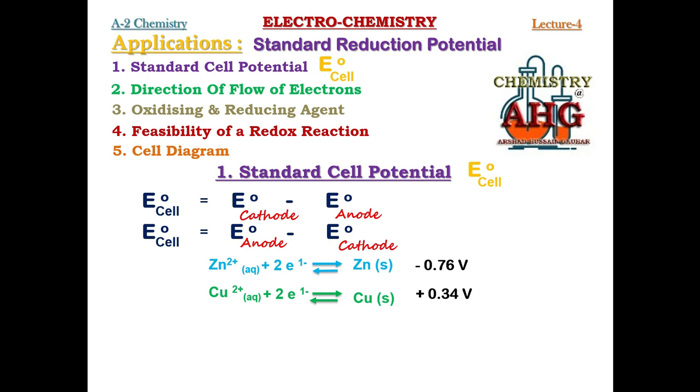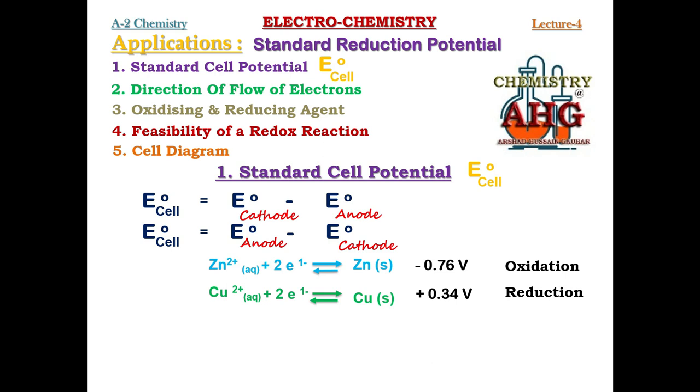Now look at both these half cells. Which numerical value is mathematically greater? For copper. So copper must undergo reduction. It must act as cathode. Red cat, we studied in lecture number 1. So reduction always at cathode. When the copper half cell is undergoing reduction, the zinc would have undergone oxidation. Zinc would act as anode.